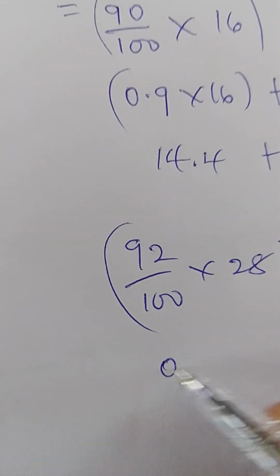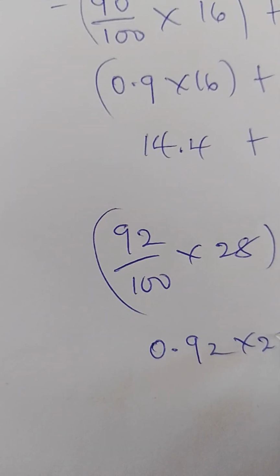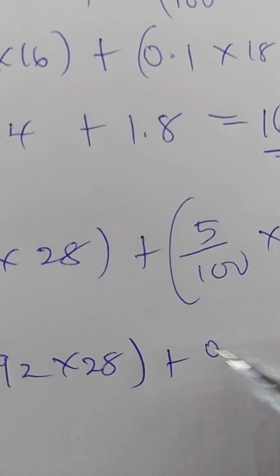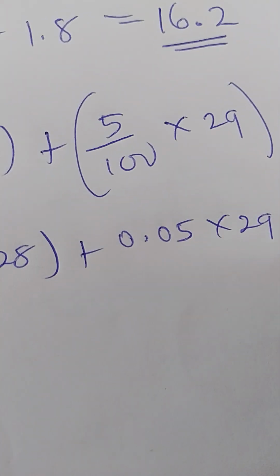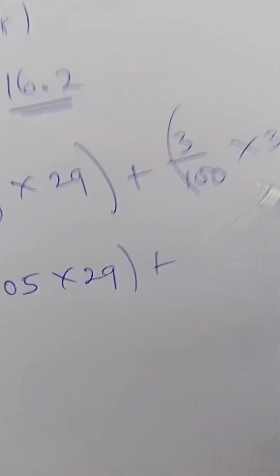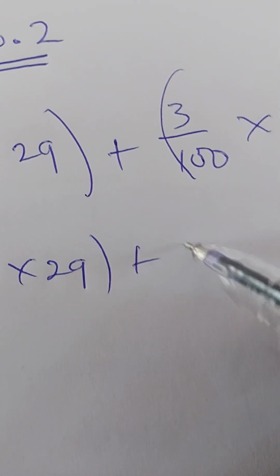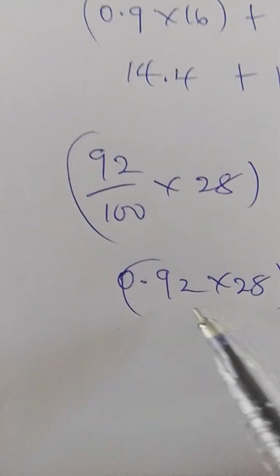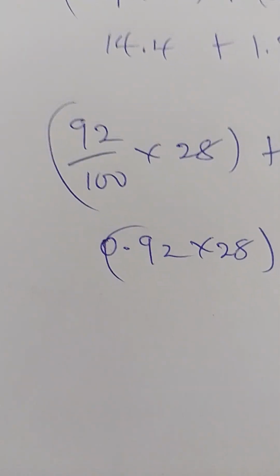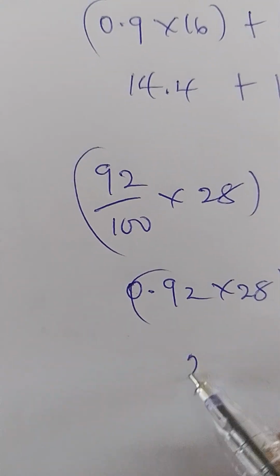All right, so let's punch. If you have 92 over 100, of course that will be 0.92, times 28, plus 5 over 100, that will be 0.05, times 29. Plus 3 over 100, that will be 0.03 times 30. So now you punch 0.92 times 28. That gives us